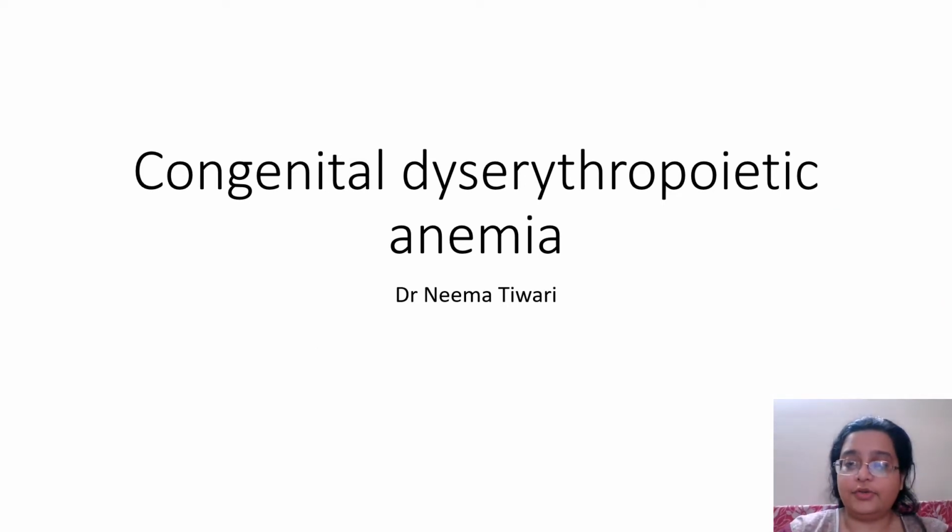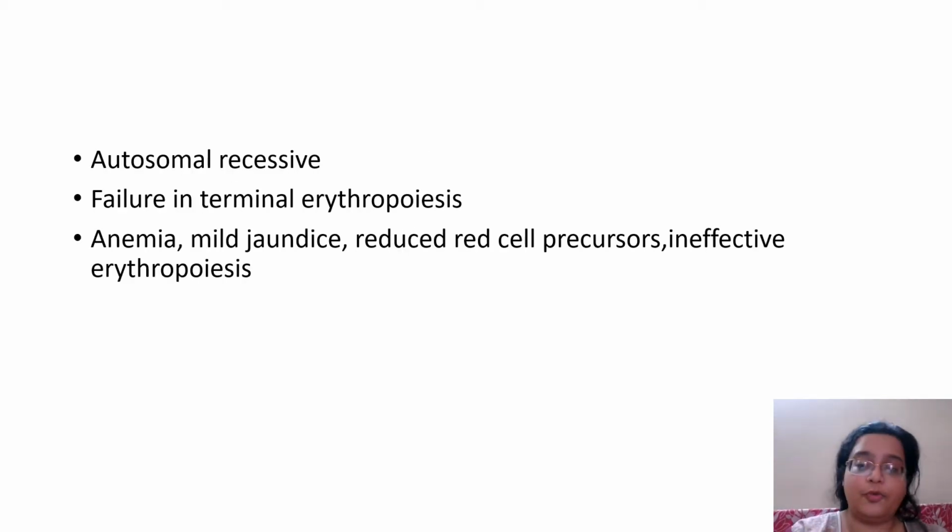So moving ahead, today in anemias, as you know, we want inherited bone marrow failures. So today what I'm going to be taking up is congenital dyserythropoietic anemia. Now the word congenital dyserythropoietic anemia means it is inherited. It is when a baby is born, it is born with this problem. This dyserythropoietic, the word means there is some dysplasia in the erythroid lineage which is causing the anemia. The inheritance pattern of this is autosomal recessive. Of course, there's failure in the terminal steps of erythropoiesis, and whenever there is an erythropoiesis defect, there will be anemia. The liver can be involved, and you might see degenerated cells in the bone marrow.